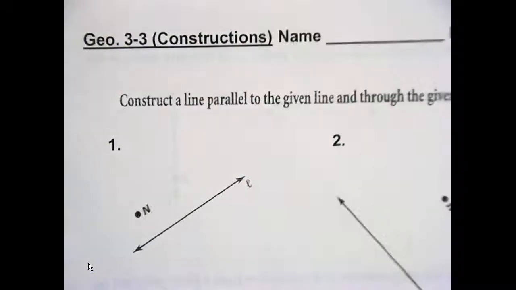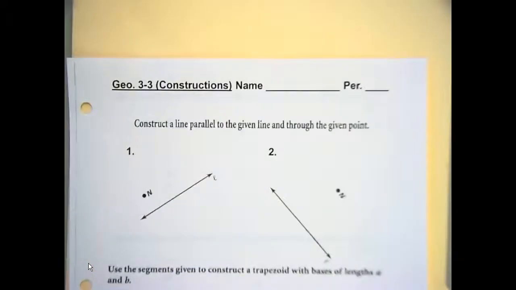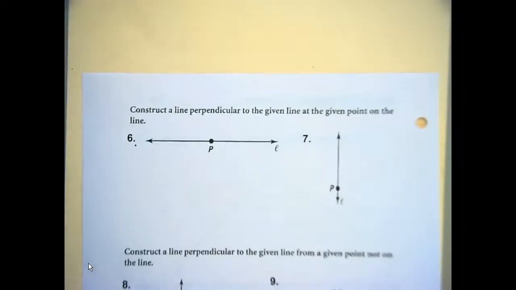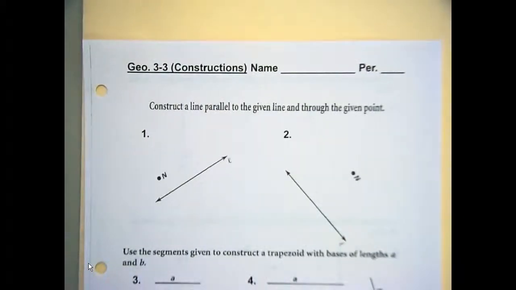Today we're dealing with constructions, and this is actually 3-3 and some of 3-4 because we're going to do constructions on the other side of lines perpendicular. But construct a line parallel, given a line and a point, parallel to the line through a given point. Tough stuff. All right, so the first thing we're going to do is you have to take and